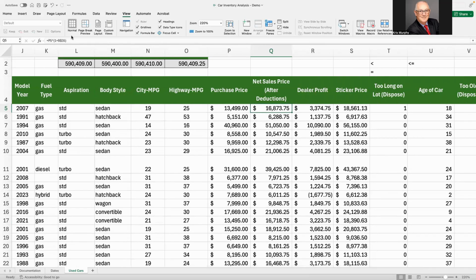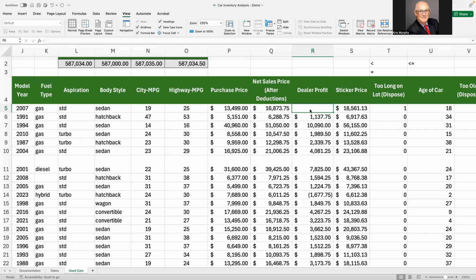And before I copy, remember I said I want to do a VLOOKUP. But before I do the VLOOKUP, I'm going to delete dealer profit because that's a simple equation. It's basically what we're selling for, that's what we pay. So I'm going to delete it for a minute, and I want to put in here the VLOOKUP formula because